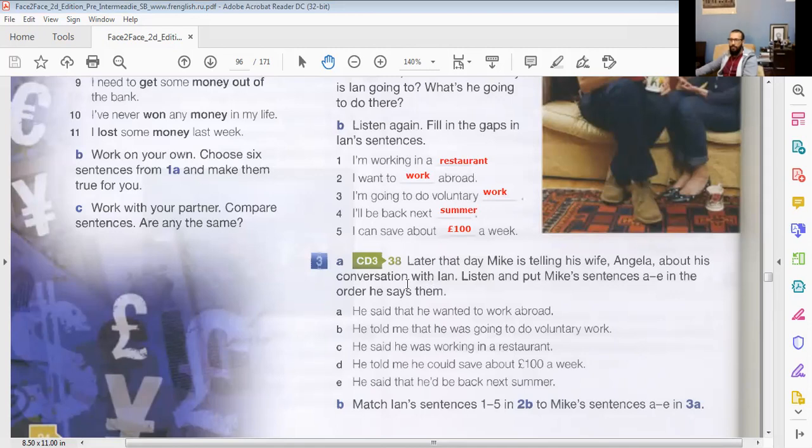Okay, but take a quick look. Can you please just quickly read A to E, read the sentences, and then we're gonna listen and find out the correct order, okay? Okay. You want me to read or what? You don't have to read aloud. You can just quickly check them, so you're prepared when we listen. That's all. Come on.